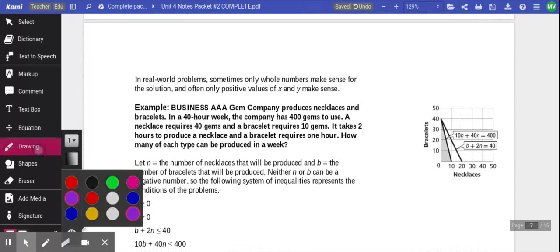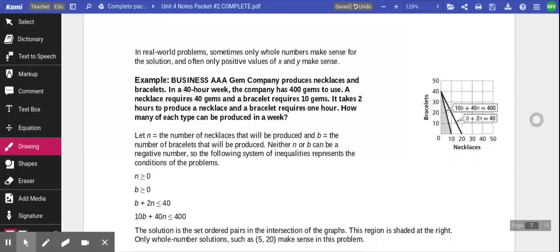So now we have a couple of word problems to look at. In real-world problems, sometimes only whole numbers make sense for the solution, and often only positive values of x and y. So, example,